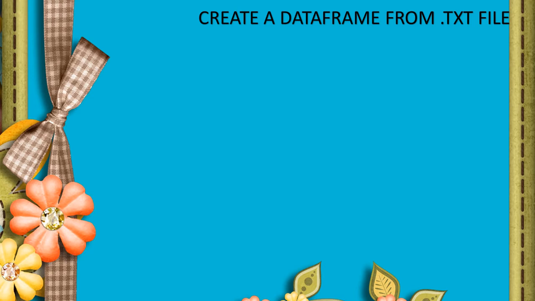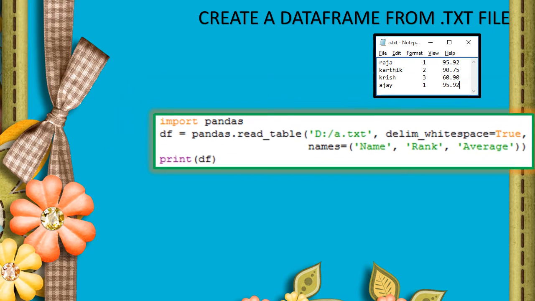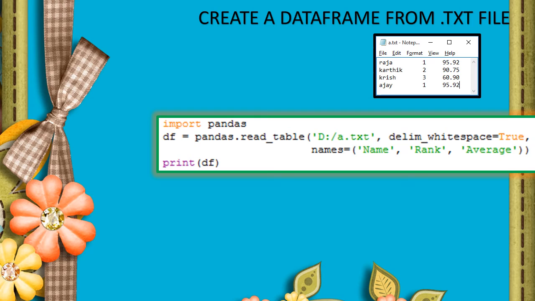And using the text file, importing a text file also we can create the data frame. So how to create a text file, just open any text editor. Here I used notepad and type this text and save as a dot txt, so it indicates the text file. So this text file's data we are going to read in the data frame and create the data frame object.